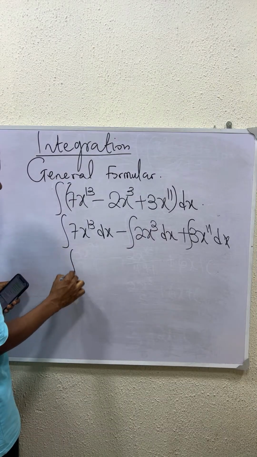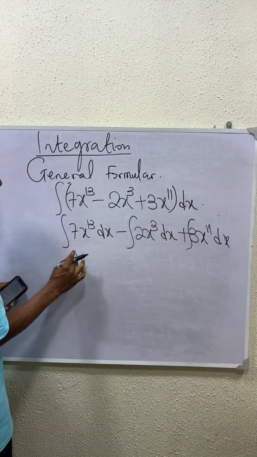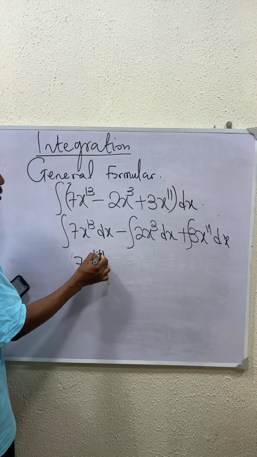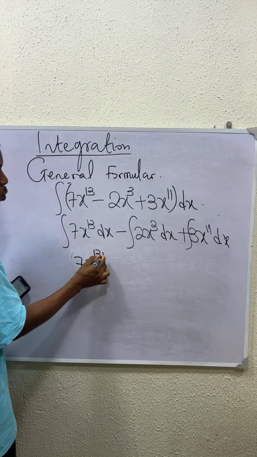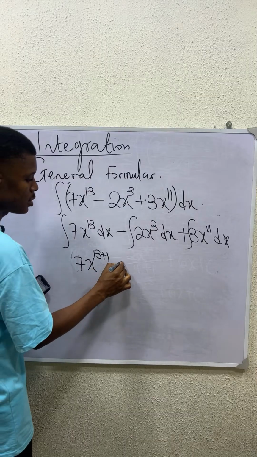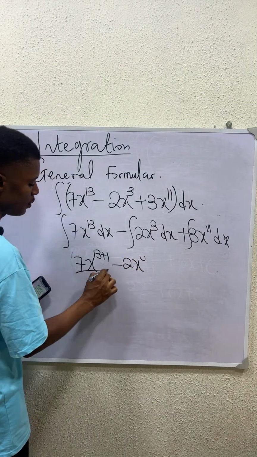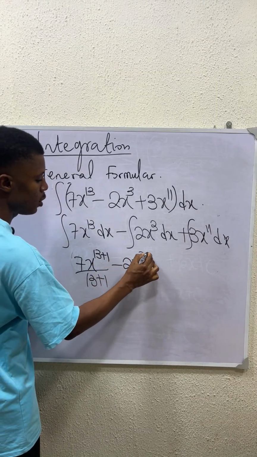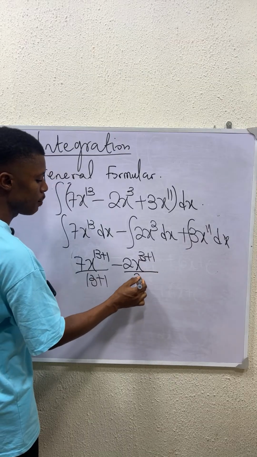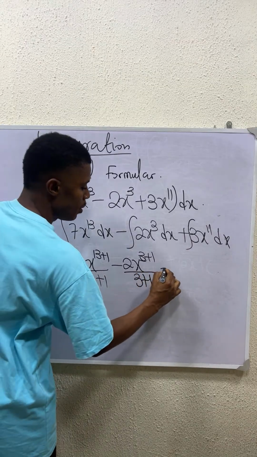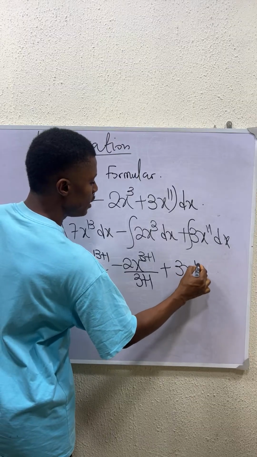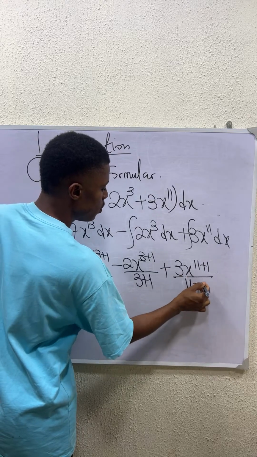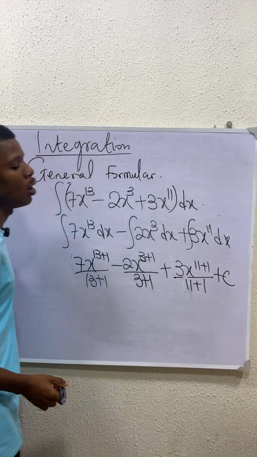Integrating this will now be 7x^(13+1) over 13 plus 1, then minus 2x^(3+1) divided by 3 plus 1, then plus 3x^(11+1) divided by 11 plus 1, plus the constant of